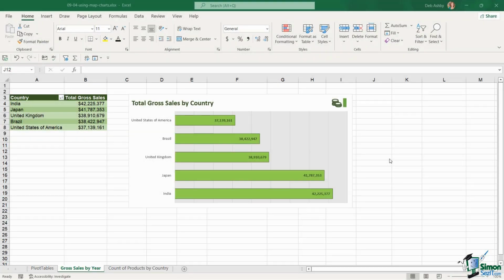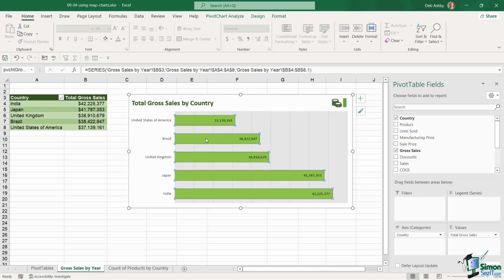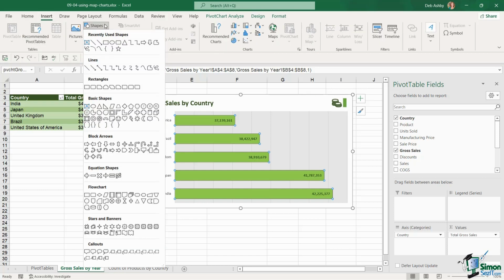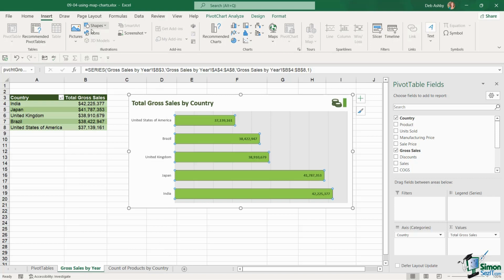In the last lesson, we were taking a look at formatting pivot charts in Excel. Since then, I've gone in and added a bit more formatting to these charts. So I've added a border to these bars, and I've also added an icon and a little shape just to add a little bit of interest and personality. If you're looking for these two items, you'll find them on the Insert ribbon under Shapes and also under